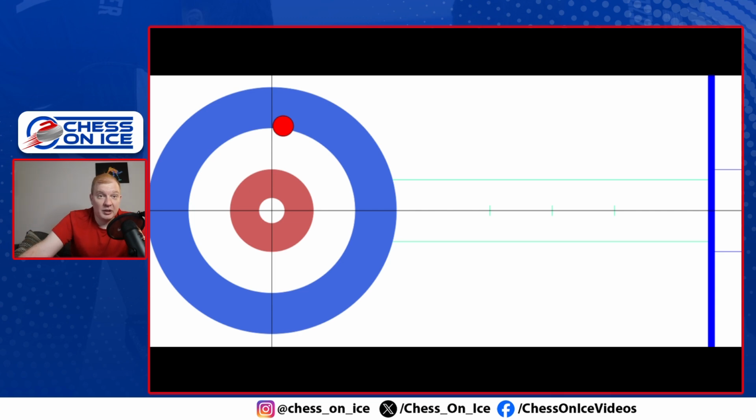What should we do if we're trying to score a couple points here? The answer most of the time, unless you are really down a lot or maybe down 2 in the last end or down more than 2 earlier than that, is just to split the house, right? We're going to split the house, and assuming we can make our shots, we're going to have a deuce with